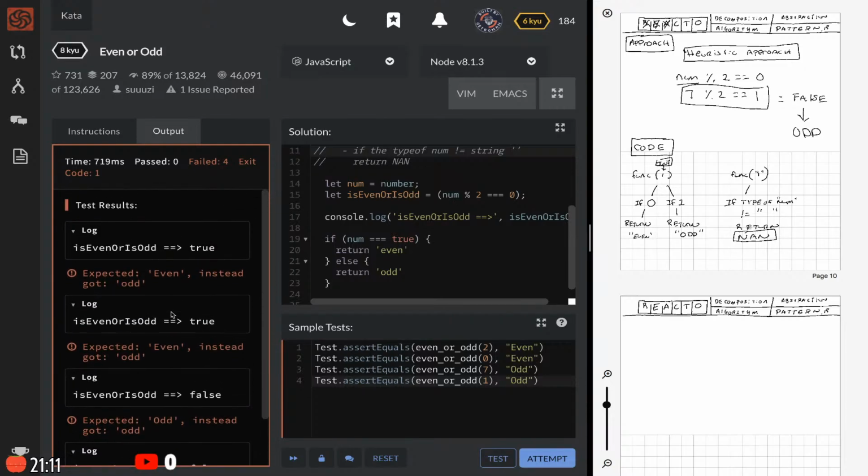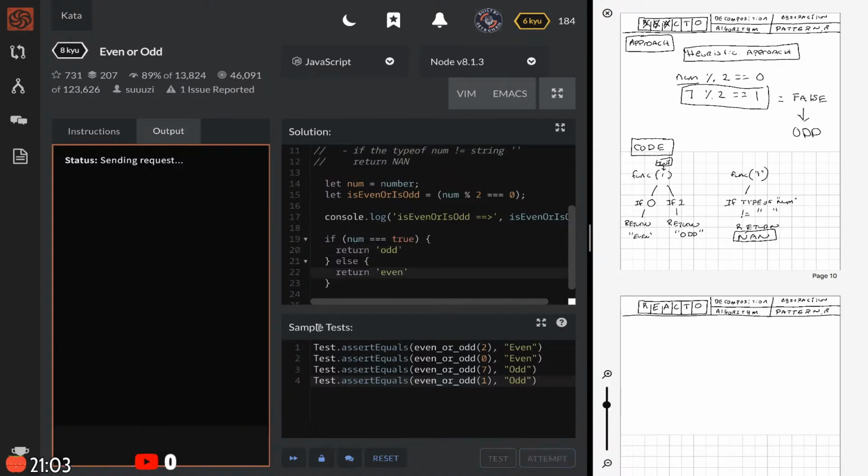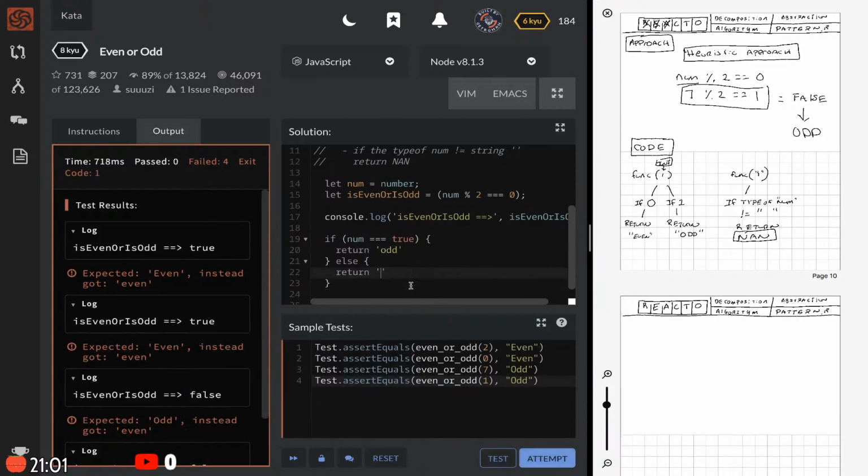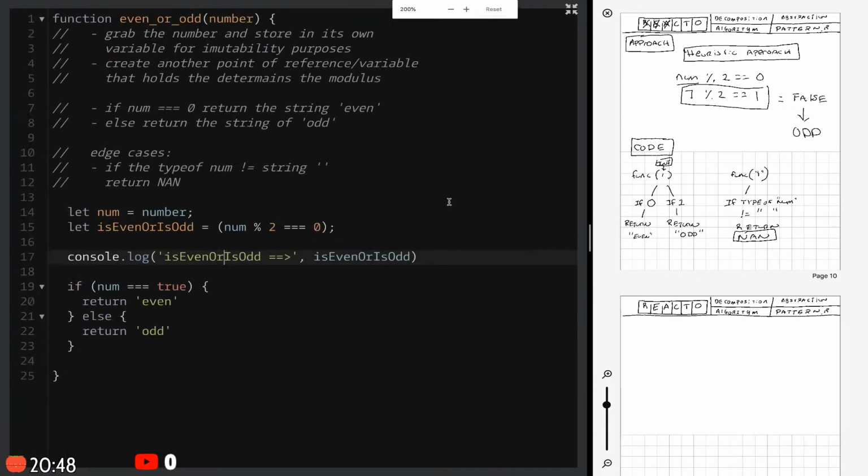So did I get the logic backwards? Is that what I did? No. Oh, I'm comparing the wrong thing. Okay. Let me open this up a little bit.